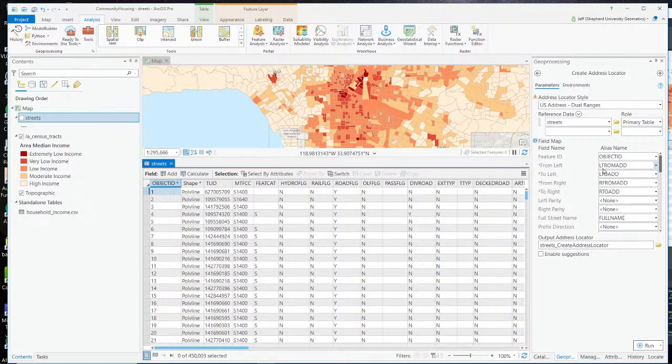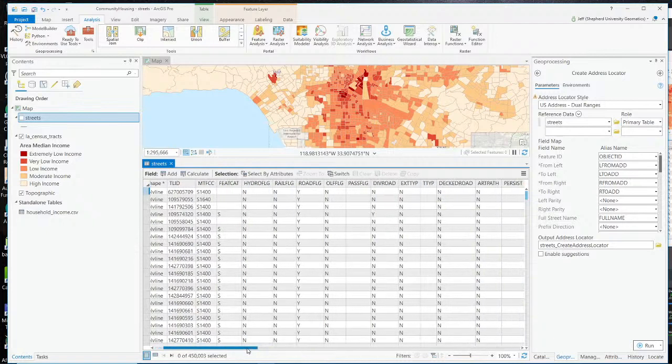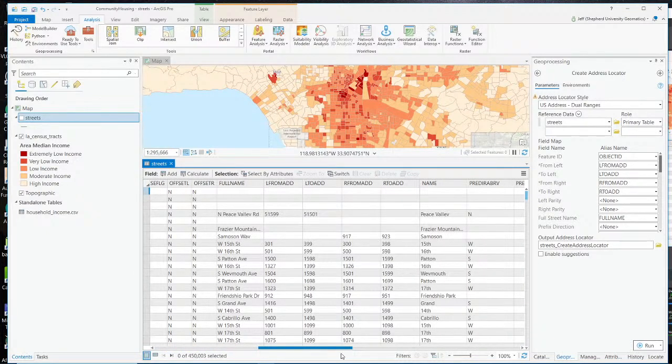And let's see, L left row, whatever I think that stands for. Let's find it in here. Okay, so you got this column from left to left. That's like saying that's the left side of the street. So it's saying that we're going to create a locator that codes addresses that we give it, numerical addresses we give it, to be either on the left or the right-hand side of the road, and its location along that road is going to be sort of proportional between the range of values that we're specifying here. So if I try to code